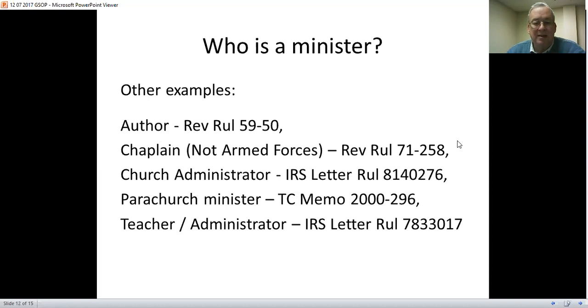Some of them deeming that as a chaplain, he is not allowed housing allowance. Some of them holding that he is allowed housing allowance. And we'll talk housing allowance as a reminder,